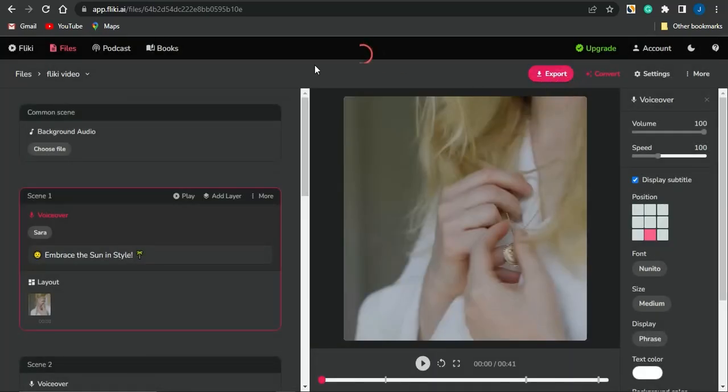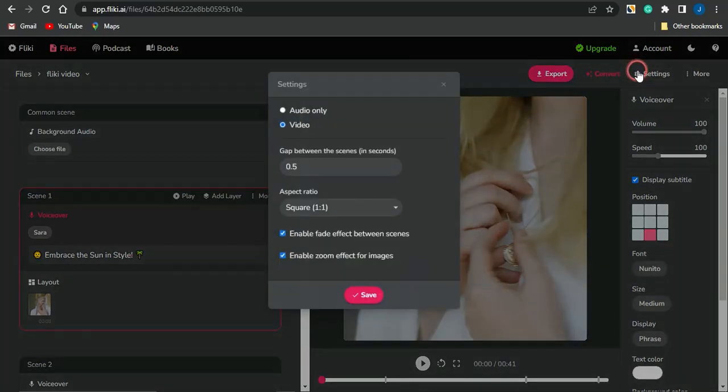So once you're done editing this particular section based on your preference, come right here to the settings section, guys. And because this video is not up to a minute long, I'm going to go on to using it as a YouTube short. If I want to use it as a YouTube short, I'm just going to come right here and change that to portrait. So I've changed the aspect ratio to portrait. Click on save, and the video aspect ratio will automatically change right now.